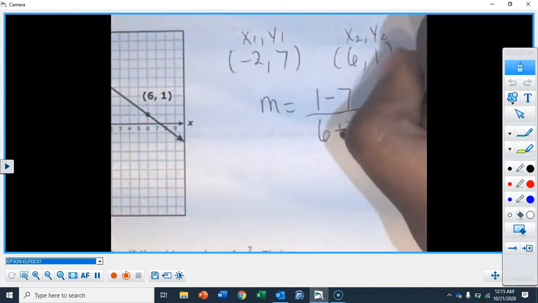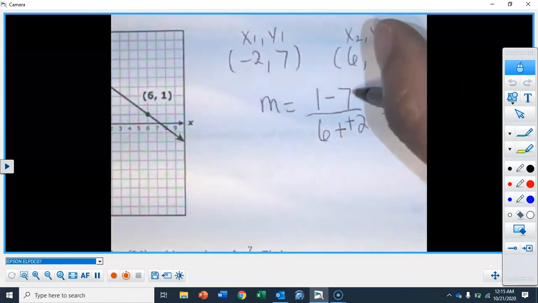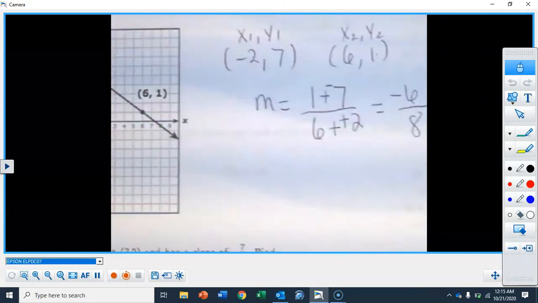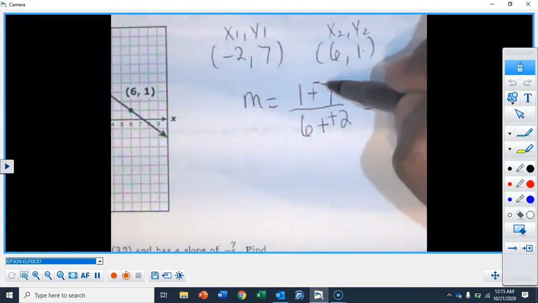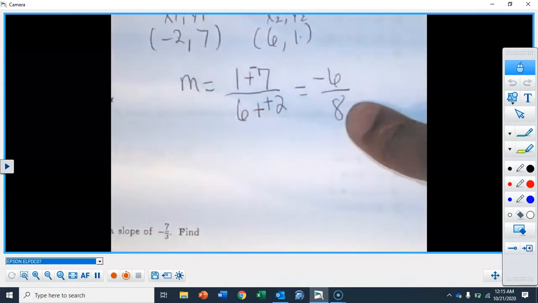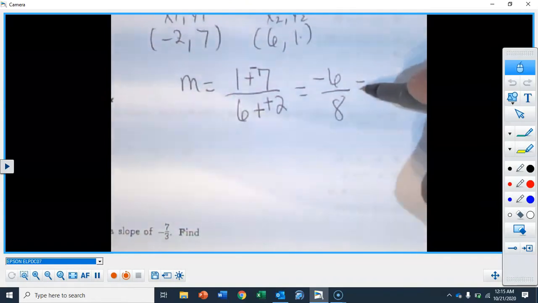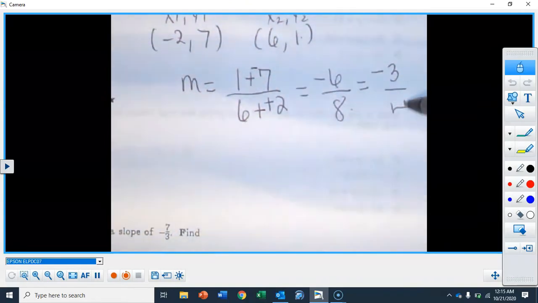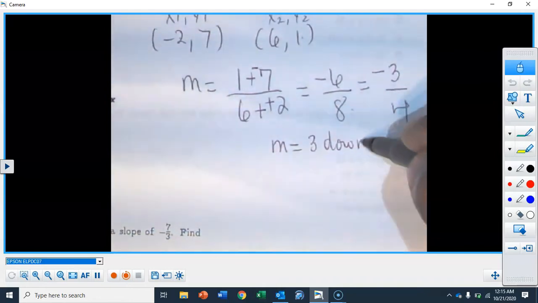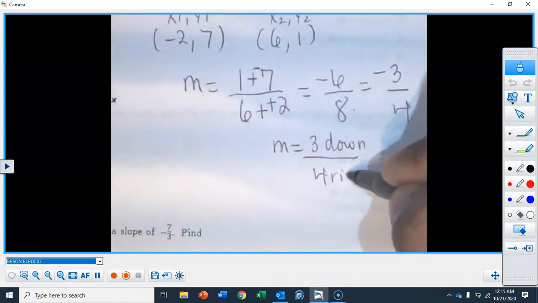Watch those signs. So this right here, guys, becomes negative 6 over 8. I changed to a plus, bump back the negative. Hope you guys can see that. It's a negative 7. And then, of course, you have to reduce and simplify fractions. So I'm going to divide both of these by 2. So I would get negative 3 over, divide that by 2, we would get 4. Negative 3 over 4. So what does that mean? Here's the address. Ready? We go 3 down and then 4 to the right.